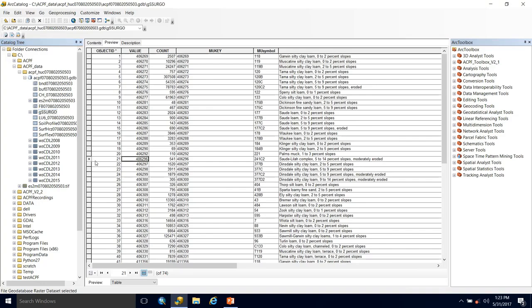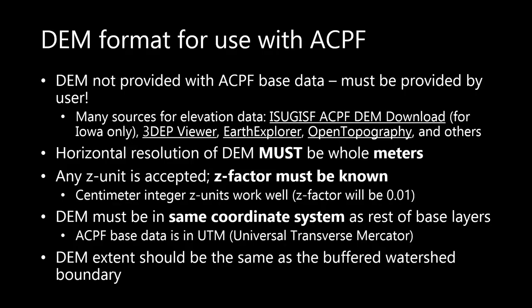Alright, so that's your soil data. So we just went over all of the base data that comes with your ACPF geodatabase, but you may have noticed we don't have a DEM, so that means you have to go out and get your own. On this slide here, I've provided some sources that may have an adequate DEM for you, but there's many more out there to explore. Some key things to note is that the ACPF requires your DEM to be in whole